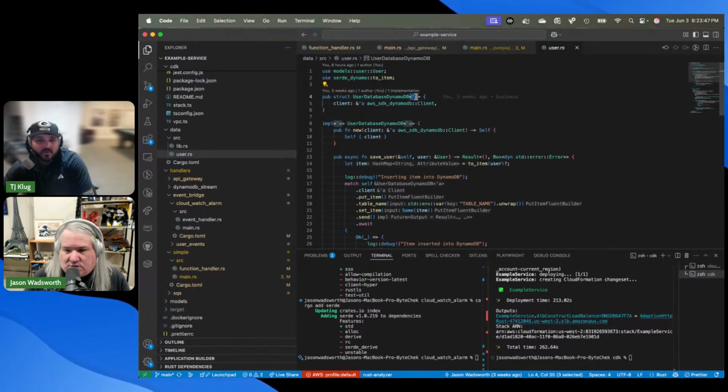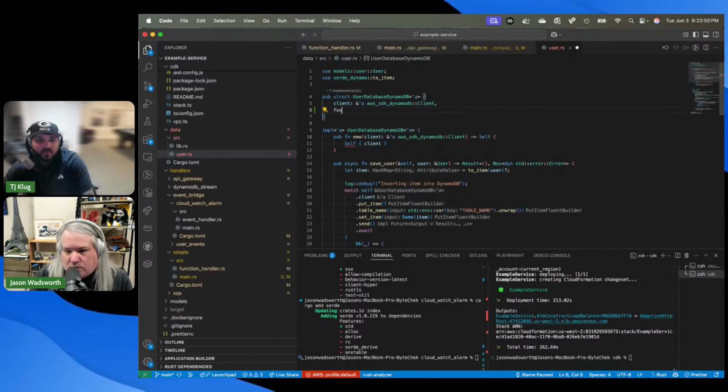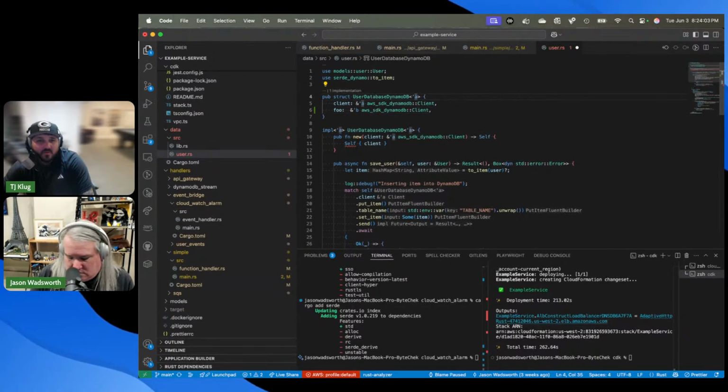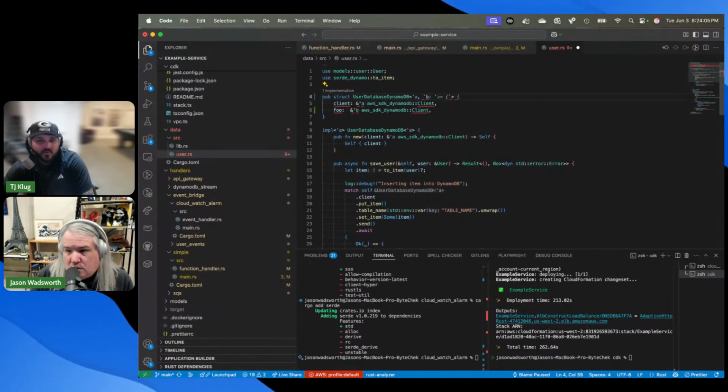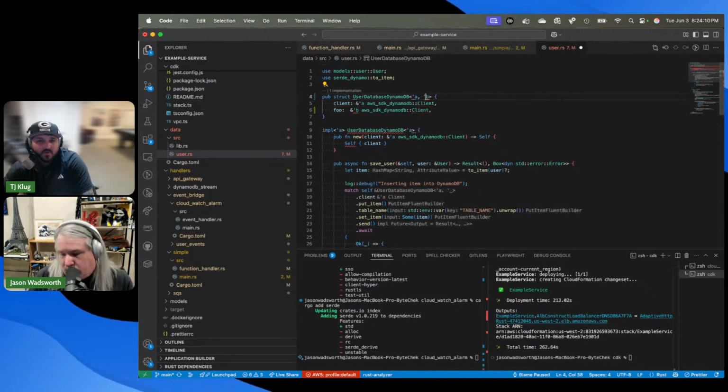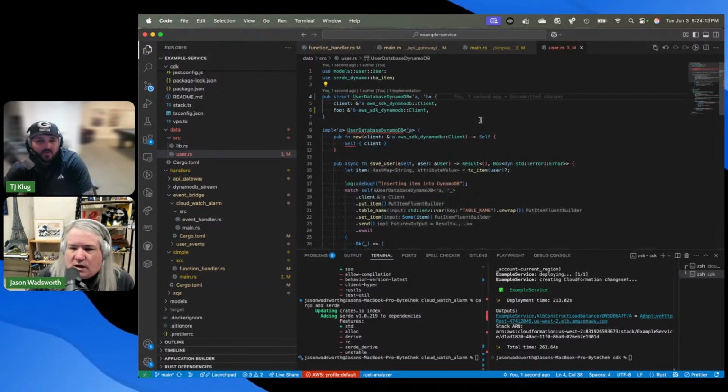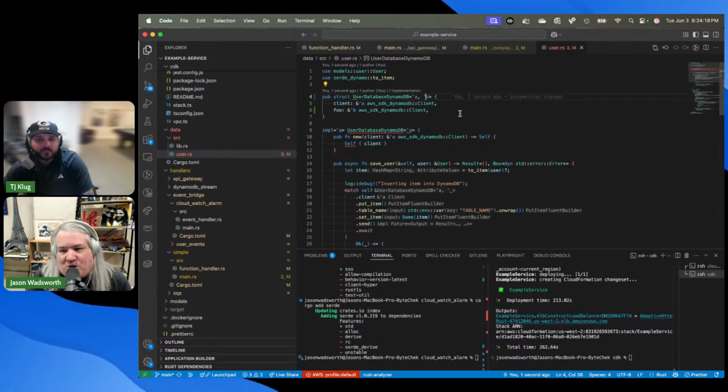You could have multiples. So let's say I had, I don't know, foo. Actually, let me just do another one of these. Just for whatever reason, you've got two different clients, but we're going to make this one B. Make sure that's right. Oops, I didn't do that right. All right, so now I've got two different scopes. When the A scope goes out, the first client goes out of scope. When the B scope goes out, the foo client goes out of scope.